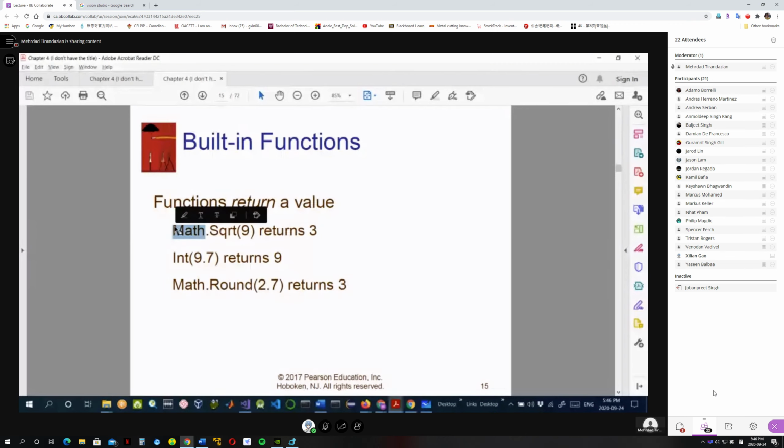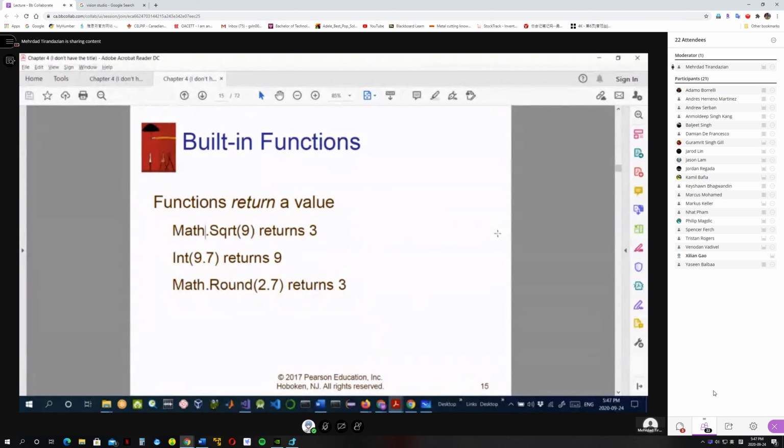You don't have to worry or bother how that program is written, as long as you know that it exists and where it is. You know it is in the math library. So you write math dot the name of the function, and in round brackets the value whose square root you want to compute. And once you write that,